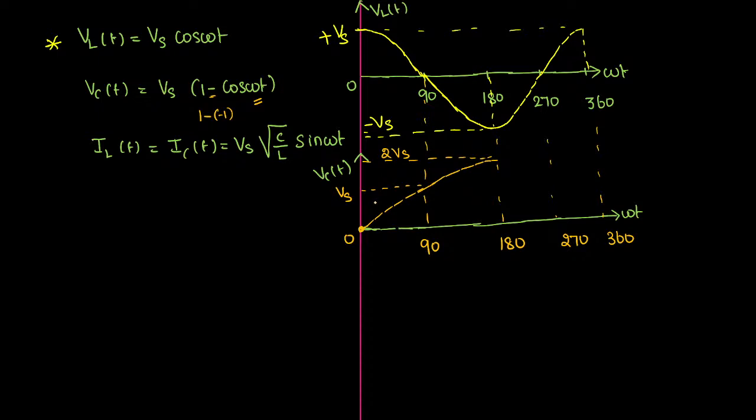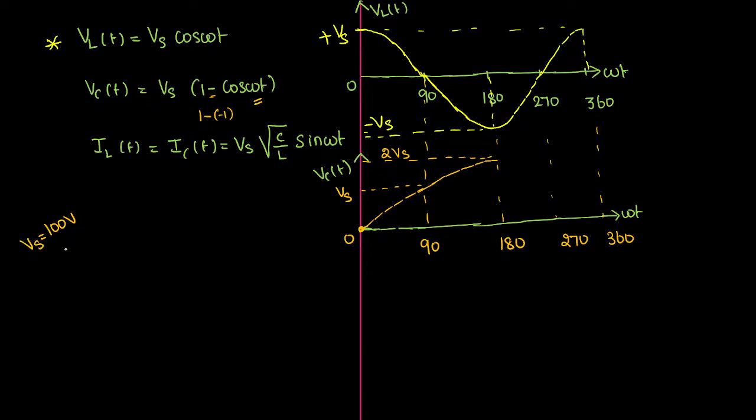Supply voltage, if you give 100, then the maximum peak voltage drop across the capacitor changes to twice of the supply voltage. So 200 volts will come. This is the GATE question. In a GATE exam they had asked: if the supply voltage is 100 volts for the LC circuit, I don't